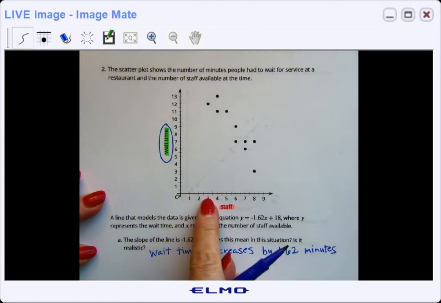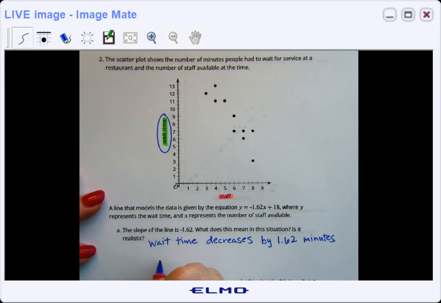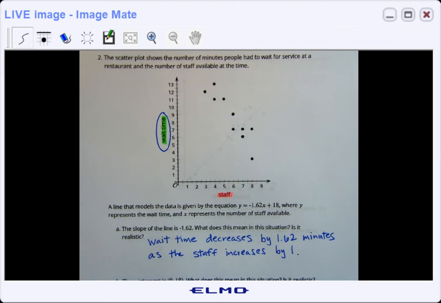And that's as the number of staff increases by 1. Okay. And is that realistic? I would say yes, because the more people able to help you, the less time there